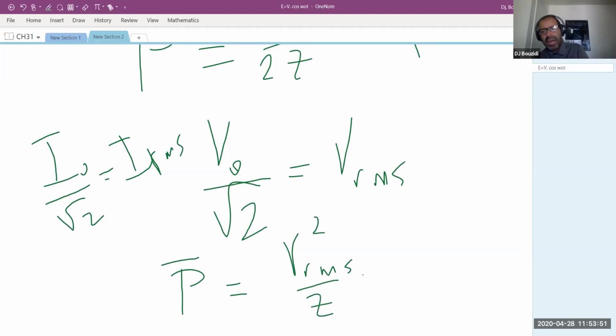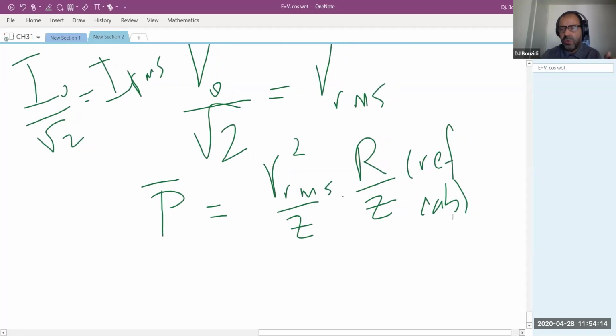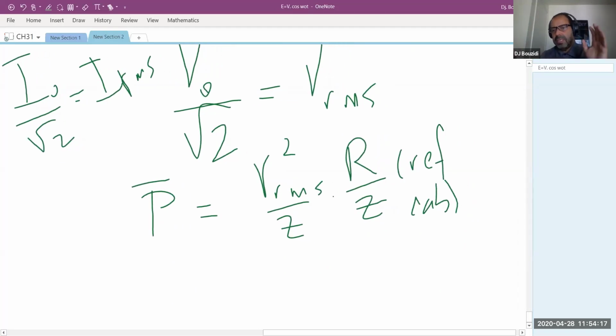And cosine of phi from the lab, I think we showed to be R over Z. When we did the cosine of phi, we needed it in the calculation when we were adding those two signals. It turns out to be R over Z. It refers to the lab from today actually. Remember, tangent of phi is XL minus XC over R, and we worked the algebra and found that R over Z turned out to be exactly cosine of phi. So basically, the power supply then looks like P bar is equal to